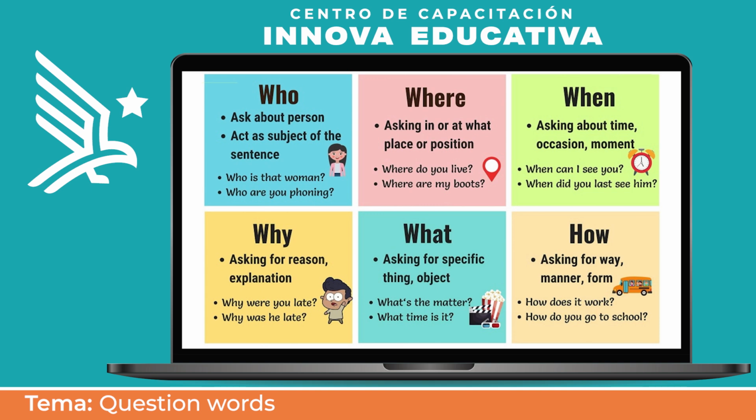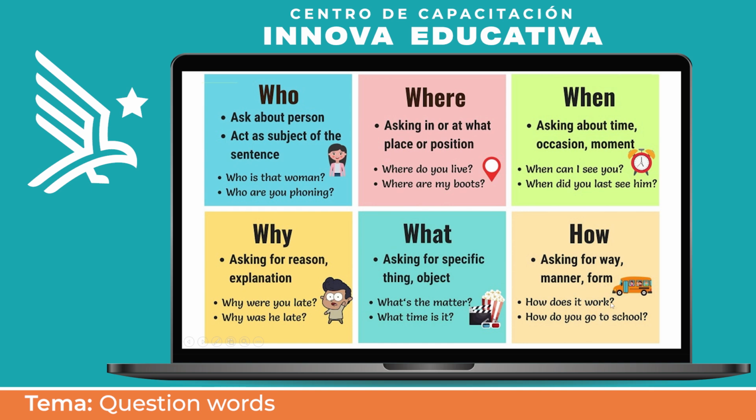What are you doing right now? ¿Qué estás haciendo en este momento? We use what to ask for a specific thing, por algo específico. For the objects, what's that? ¿Qué es eso? Okay. And we have how, asking for a way, buscando una manera o una salida, una forma,